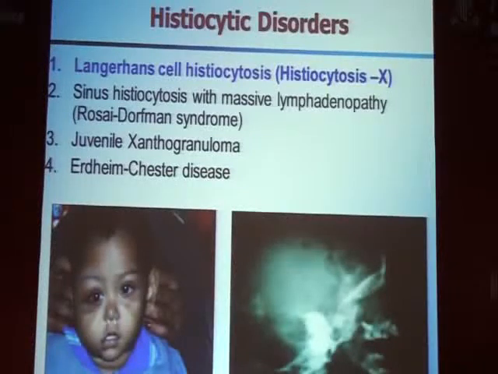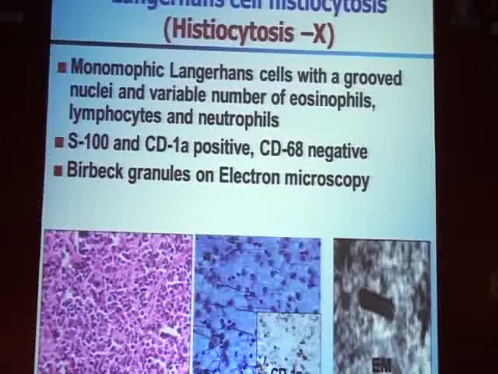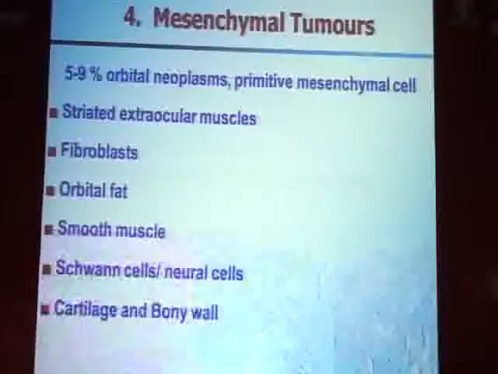Now coming to Langerhans cell histiocytosis, which Dr. Ruchi had touched upon, this is once again a systemic disease. And like Dr. Vishnu has said, we need to do a systemic workup and see whether other parts of the body are involved. Microscopically, we have these typical Langerhans cells, which are positive for CD1a and S100. And this is the electron microscopic view, which is showing typical Birbeck granules. This is confirmatory for Langerhans cell histiocytosis.